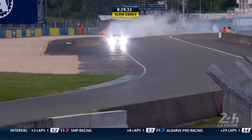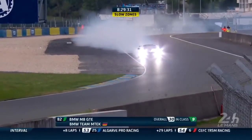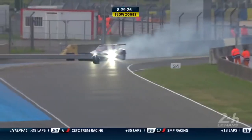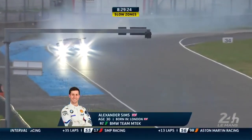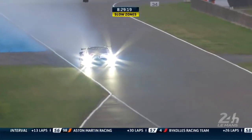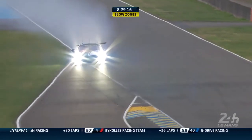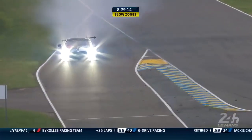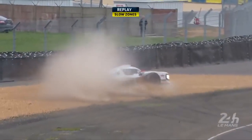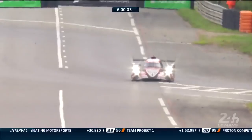Oh! The BMW. Right rear puncture. It's flapping away. And then some. I can hear the under tray completely destroyed. Alexander Sims. And the rear wing looks a little bit distorted as well. Yes. Has he had an off? I wonder if he's had an off, yeah. He hasn't had a coming together with that 47 car, has he? Doubt it. Look, is that front wheel there? No, it's oversteer. Do you not think he was just catching the oversteer? Possibly, but that means his hand movements must have been so fast. Yeah, but he was on the marbles, and I wonder if...